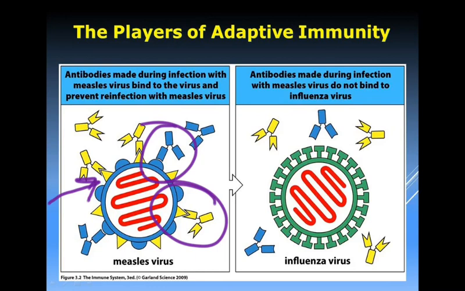Down the road, you're going to find out that a number of different antibodies might be able to bind to that yellow triangle, not just one, but a number of types. Some will bind more strongly than others, and we'll talk about some of the functions of those. Same thing here, but the point is, once you've been immunized against that measles virus, and then now you get the influenza virus over here, those antibodies that you got produced to the measles virus likely won't protect you from